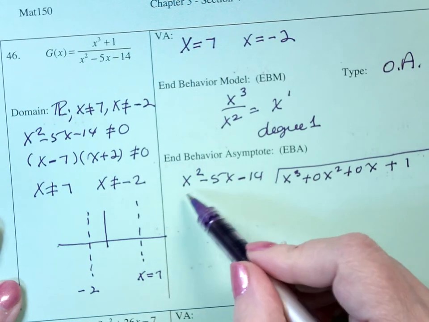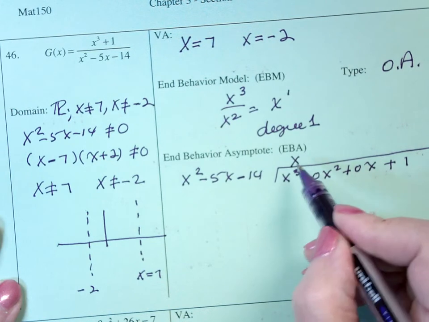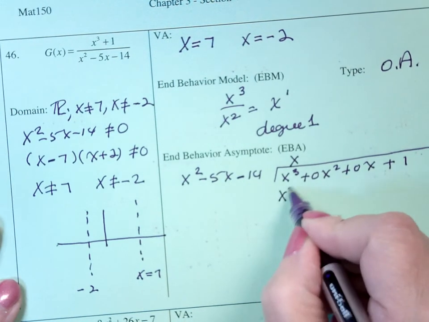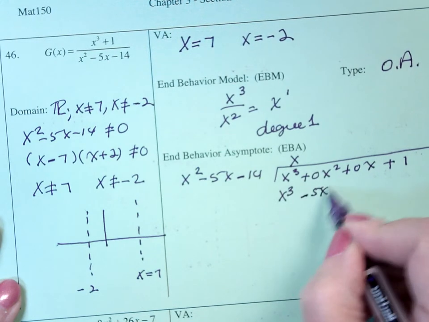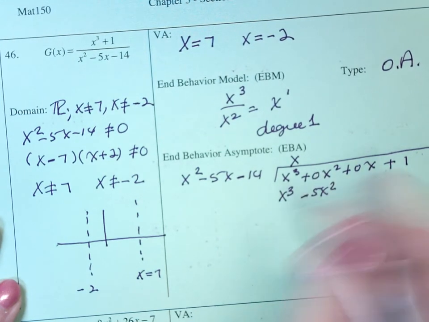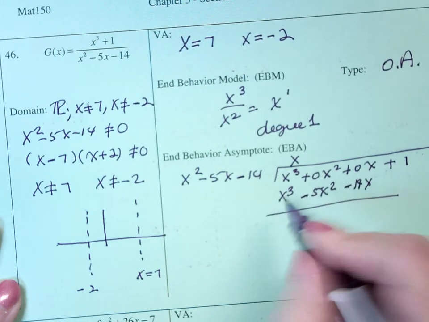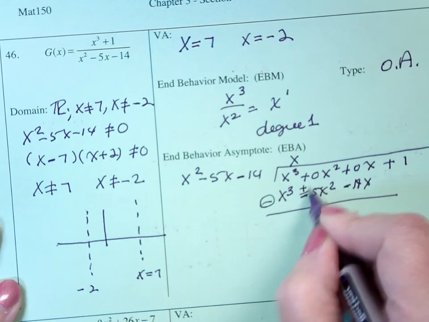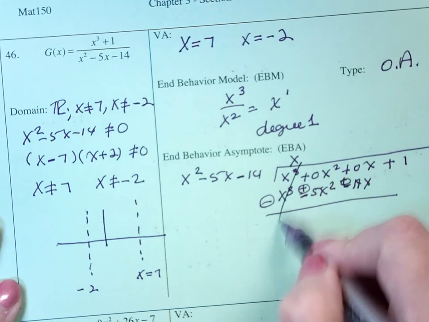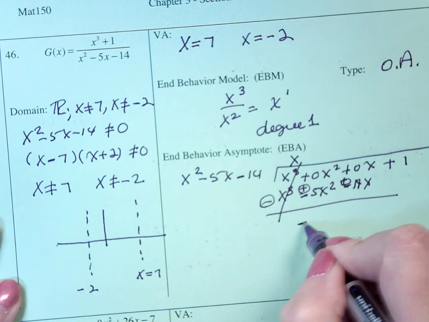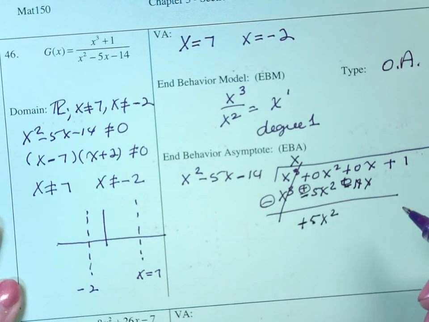What do I multiply x by to get x squared? You'd say x, or x cubed. X times x squared is x cubed. X times minus 5x is minus 5x squared. X times minus 14 is minus 14x. Subtract, which changes the signs. X cubes drop, plus 5x squared